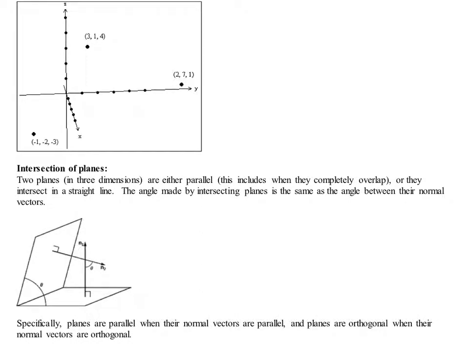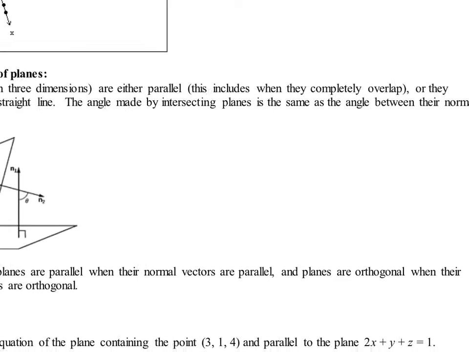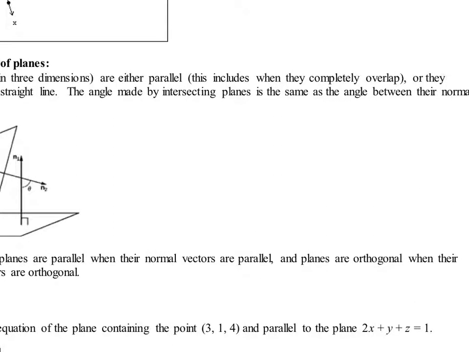Intersection of planes. This could be easy, or it could be pretty challenging. It depends on the way the question is phrased. So 2 planes in 3 dimensions are either parallel or they intersect in a straight line. All right, so they're parallel or they're not. So